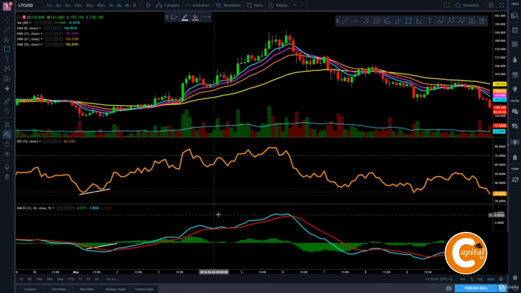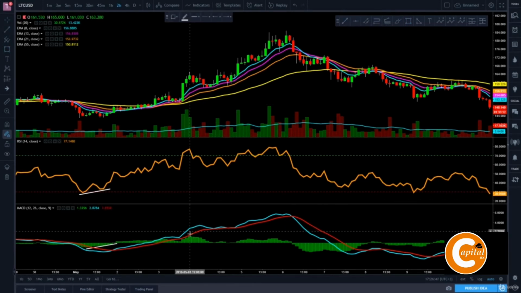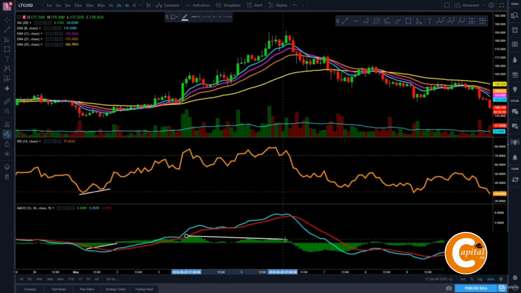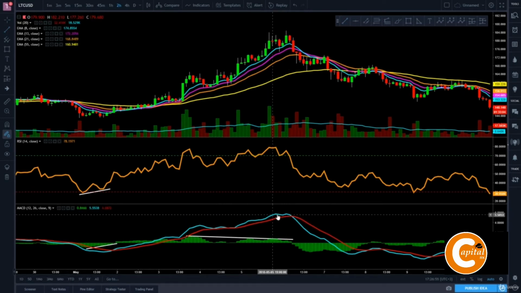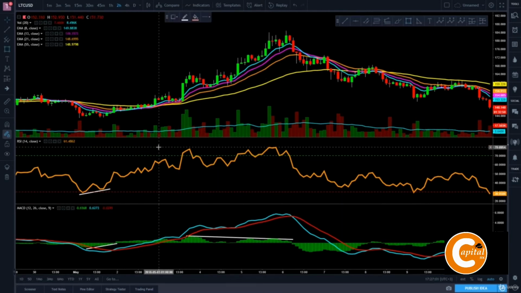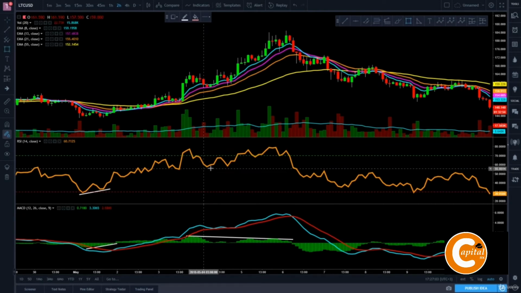First of all, on MACD indicator, we see that we start to bearishly diverge here on the histogram, and let's draw a trend line right here to see it much clearer, and the MACD moving average is getting closer and closer to the signal line as well. Let's take a look at the RSI as well to find reasons to sell this coin and take profit. In this region right here, and I am going to highlight it with a rectangle,